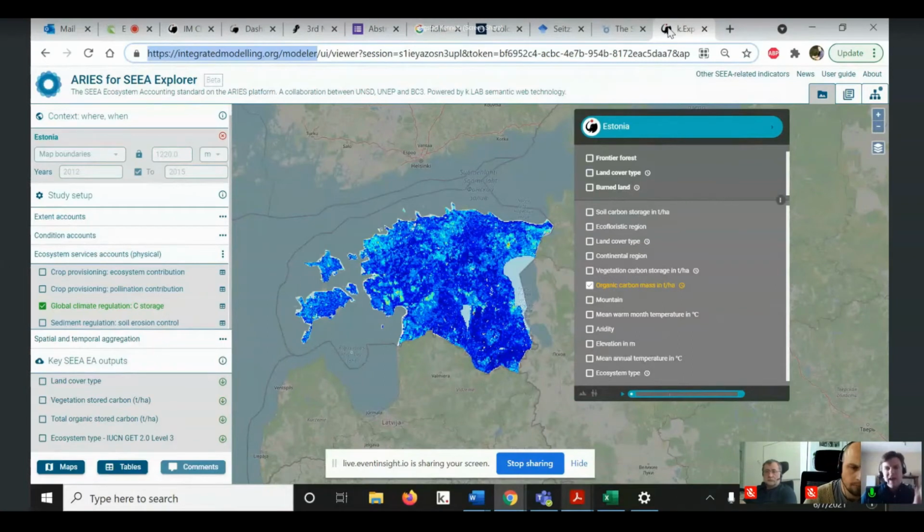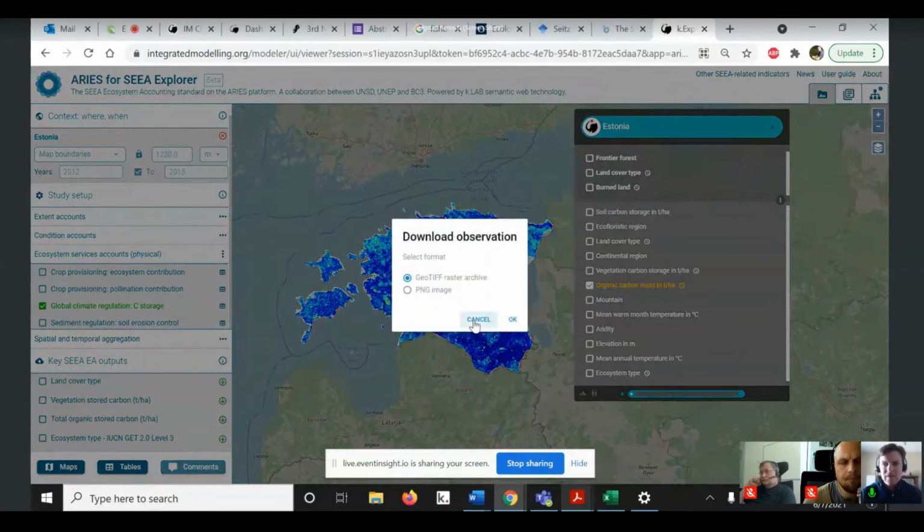Wonderful. So this is, again, the same interface that Ferdinando showed, and I'll just spend a minute or two with this because Ferdinando gave a nice overview of it. But I've navigated to Estonia here, where we would all be in person in a pandemic-free world, and hopefully some of you are there enjoying it if you were able to make it. But the point is, we can go to any part of the world. We can select an administrative region, in this case Estonia. Click on a model, in this case for carbon storage, and we can get the results, which can be viewed. They can be downloaded as a GeoTIFF for future analysis.